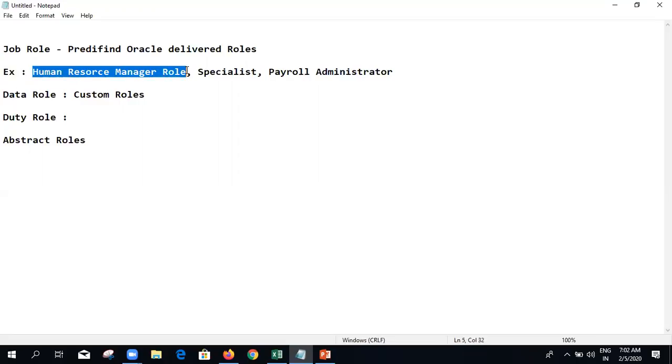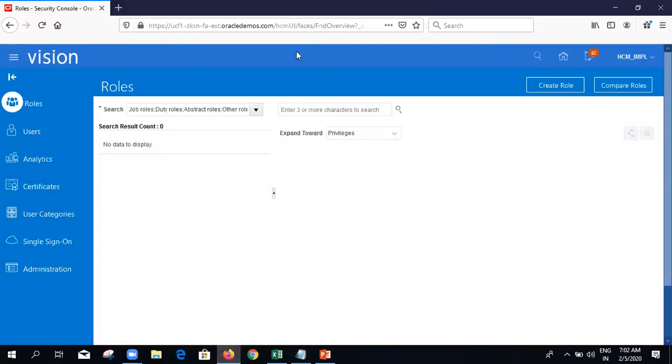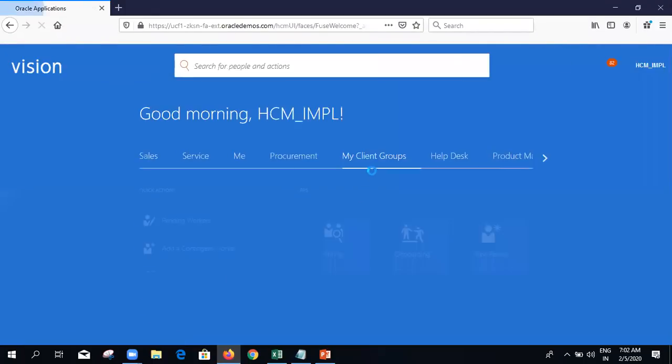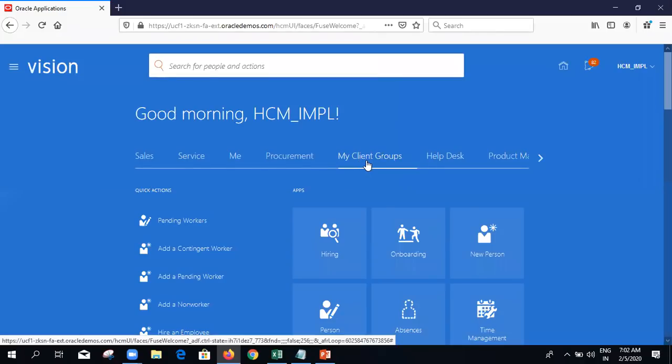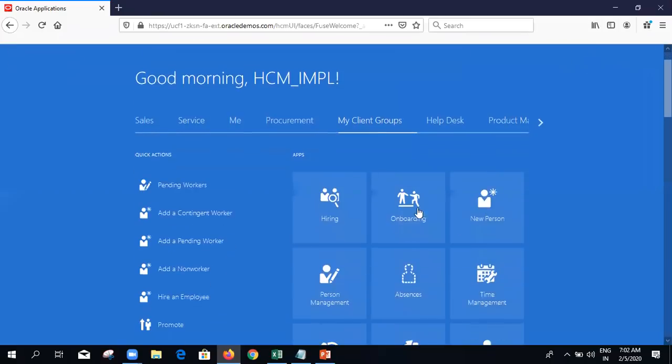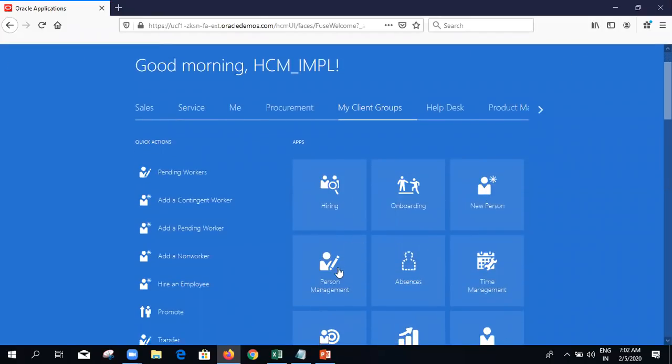If I assign the human resource manager role to an employee, what kind of access will he get in the system, and what can he do? What kind of duties can he perform with the HR manager role? If I attach that role, he will get access to My Client Groups. The duties will be: he can hire persons, search for people here, and see the absence related things.